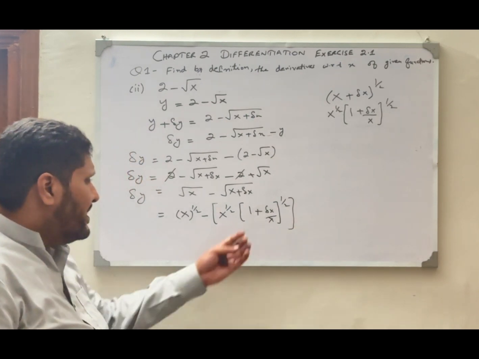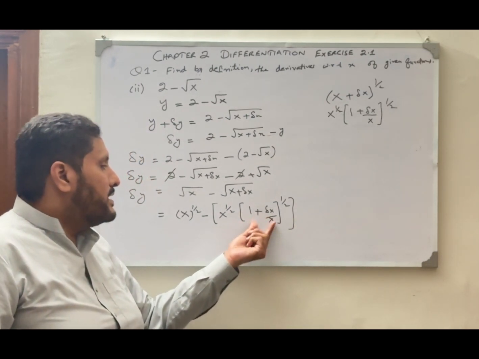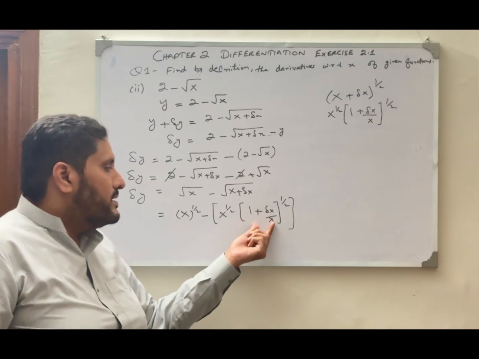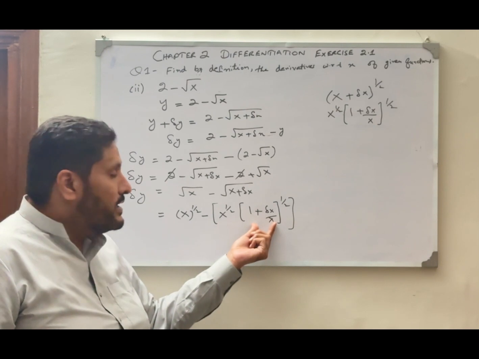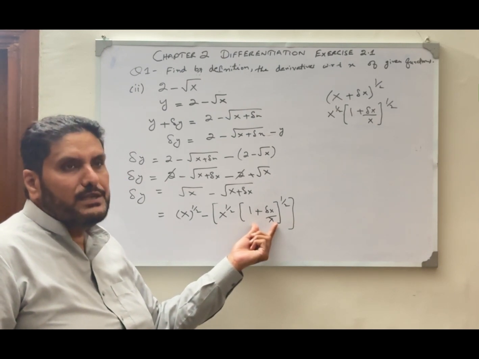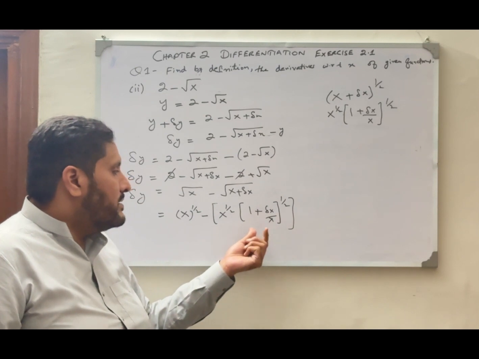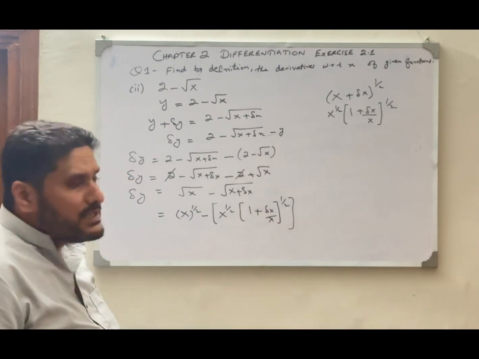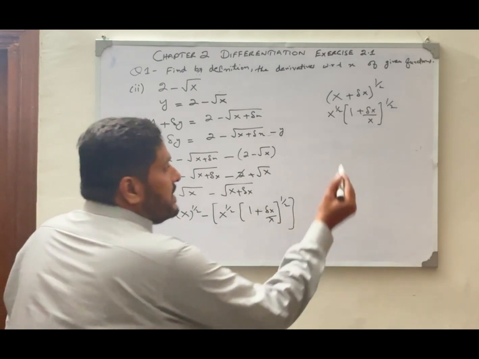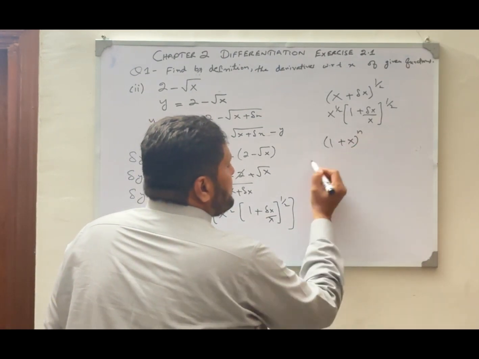So now this is basically a term we can expand by using the binomial theorem, or the binomial expansion up to one term or two terms, and then we simplify it. So by using the binomial expansion, in binomial expansion we have 1 plus x power n, this is equal to,